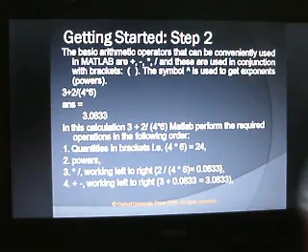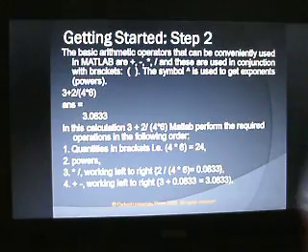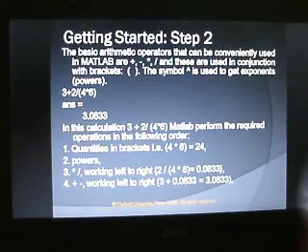The answer is 3.0833. You can note that in this particular calculation, MATLAB first performs the operation within the brackets, that is 4 into 6, which is 24. After that, it will follow the powers. There is no power in this. After this, multiplication and division. So division is 2 divided by 24, that is 0.0833, and in the last, it will do addition and subtraction. So the final result is 3 plus 0.0833, that is 3.0833.